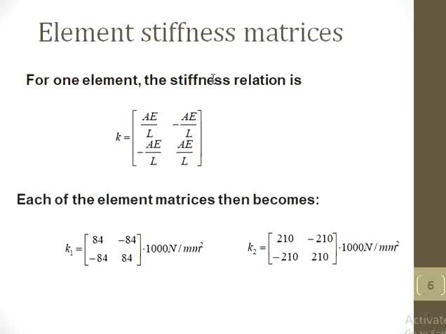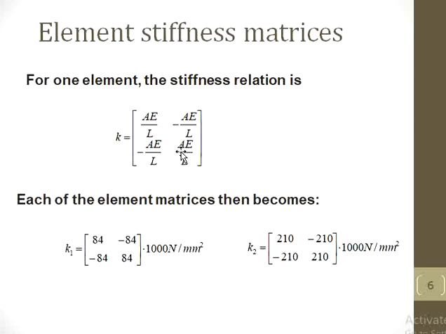Then the next step, formation of the individual stiffness matrix. So for a bar element, the stiffness matrix is K equal to. This stiffness matrix we can derive by using the direct approach, minimum potential or weighted residual method. We discuss that in another video. So I am directly putting this individual stiffness matrix formula here.